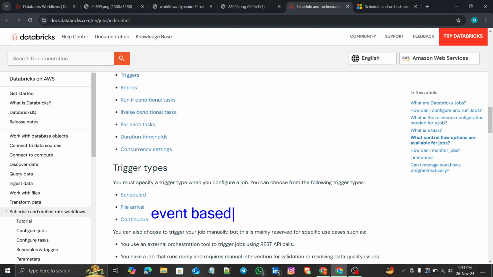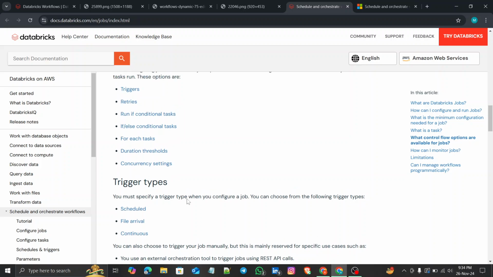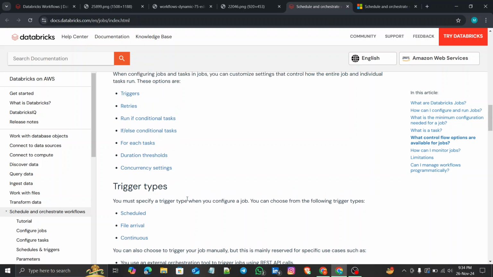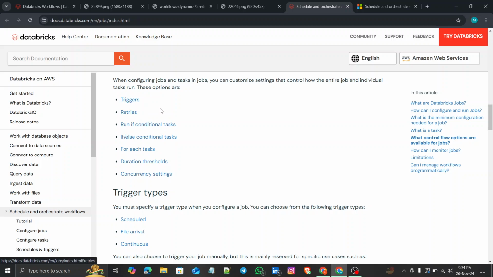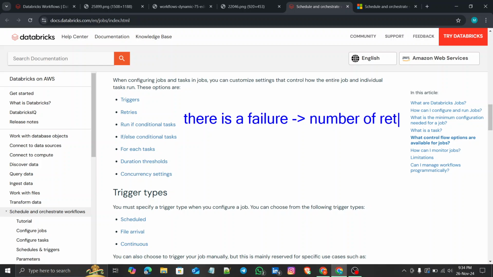It will be based on your storage account. And continuous trigger, as the name says, it is about continuous trigger. And scheduled, as the name suggests, based on the scheduled time, it will get triggered. So this is about triggers. And retries, as the name says, retries will happen when there is a failure. So we can configure a number of retries. And then we have concurrency settings. Concurrency setting in the sense that you can